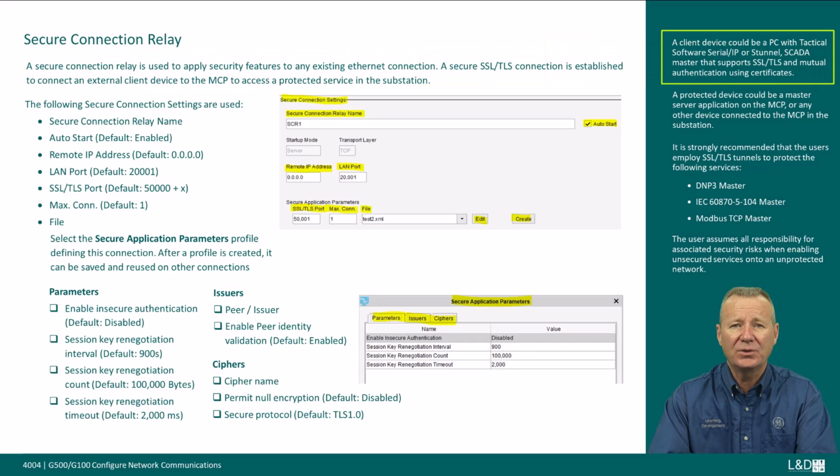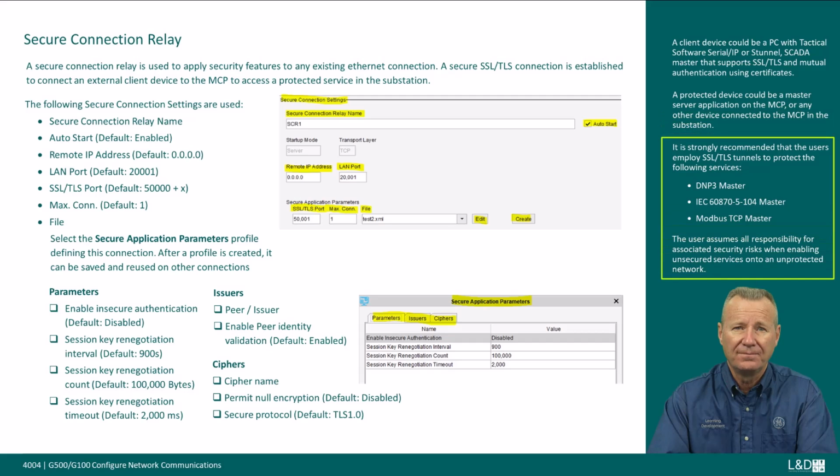A client device could be a PC with tactical software, serial IP, or S-Tunnel SCADA master that supports SSL, TLS, and mutual authentication using certificates. A protected device could be a master server application on the MCP or any other device connected to the MCP in the substation. It is strongly recommended that the user employ SSH TLS tunnels to protect the following services: DNP3